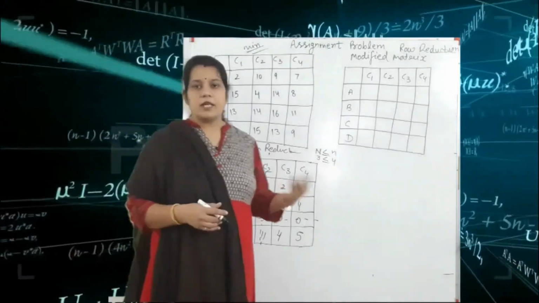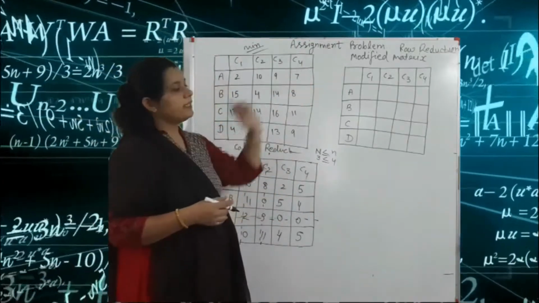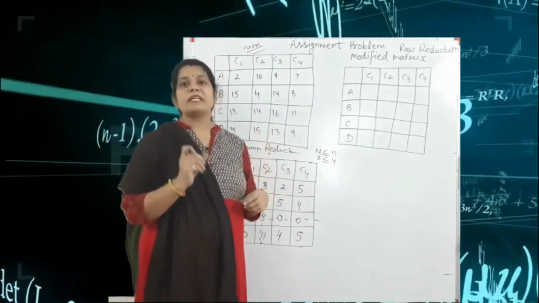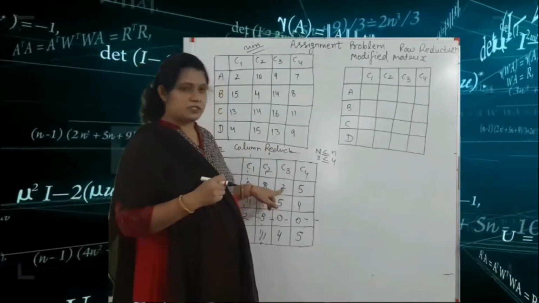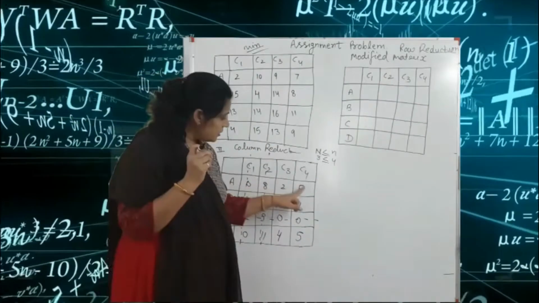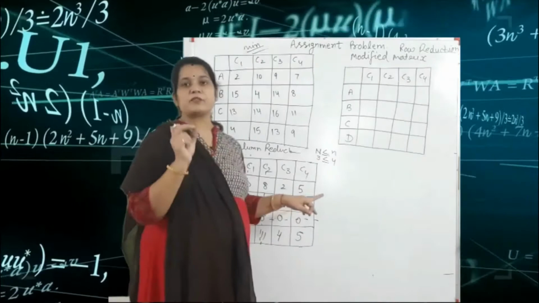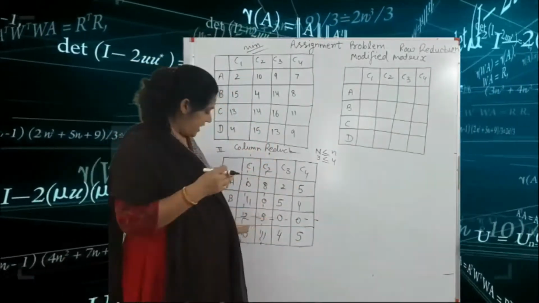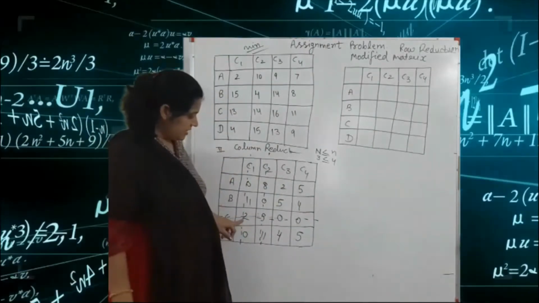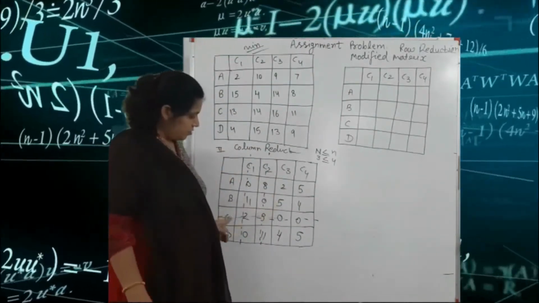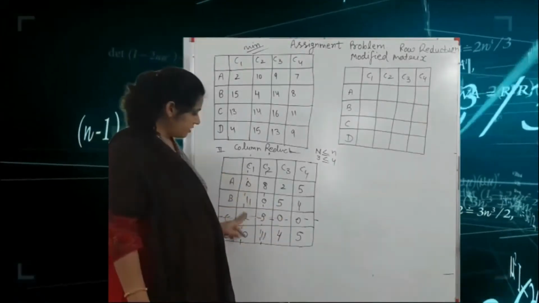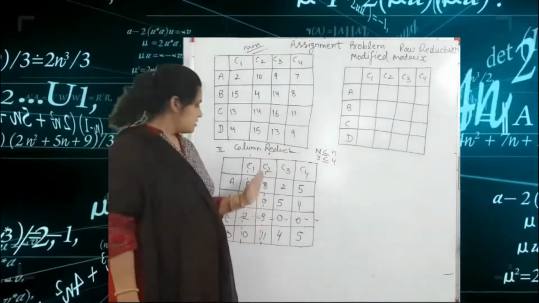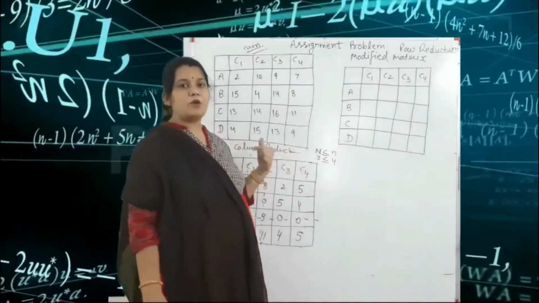Okay, so first for finding the modified matrix, in the non-occupied cells we choose the minimum number. The minimum number is what? 2. So in the unoccupied cells we subtract 2 from all the cells, and for occupied cells, if we have a plus sign, that means here, see here, 2 has a plus sign because there is one horizontal line and one vertical line, and this one also has a plus sign, horizontal line and vertical line. So according to this we make the modified matrix.